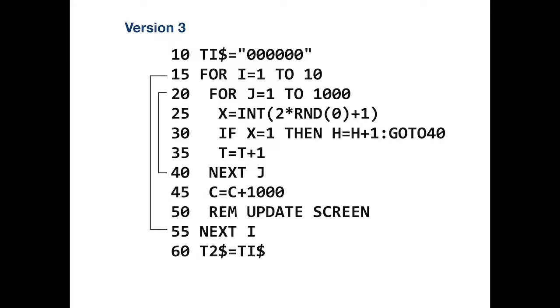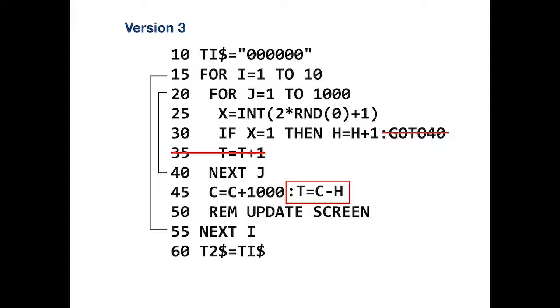As we studied the problem some more, we realized that a coin flip has only 2 possible outcomes, heads or tails. So it's only necessary to count heads in the loop, or tails if you prefer, but I'm using heads for my purposes. So tails is just a mathematical problem to be computed at the completion of each 1,000 iteration loop. So the goto is removed, and t is now computed as it exits the inner loop as our total